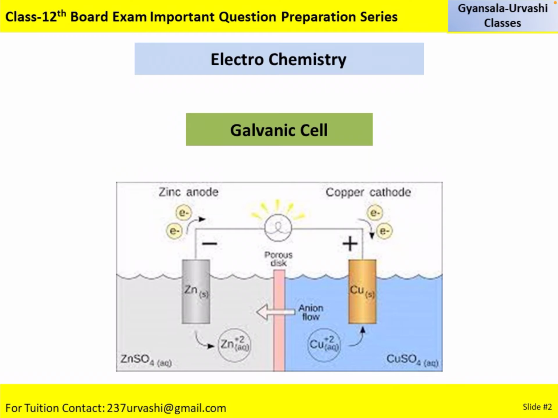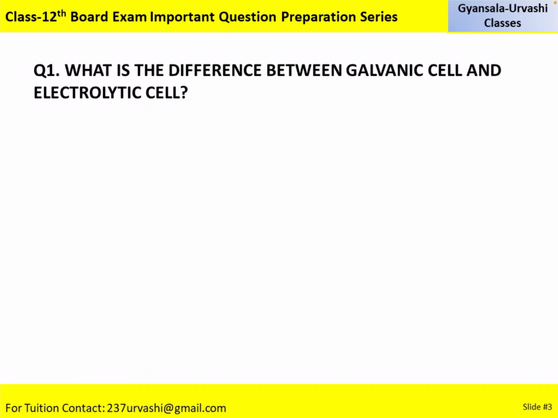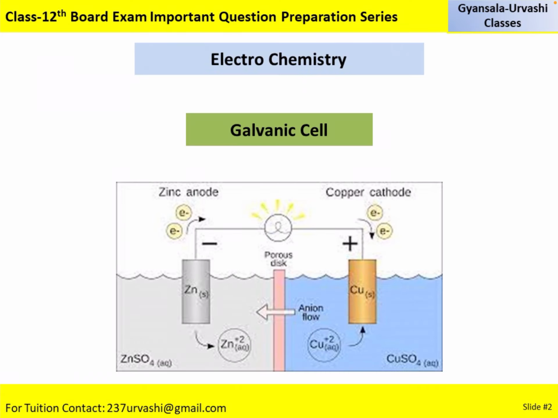So I have selected electrochemistry today, which, as you already know, is of much importance, and you do know that most of the examination questions come from this exercise, and it has different bits and parts of different topics. I will be discussing a subtopic in electrochemistry today, which is the galvanic cell. This is only part 1, so this is not all the questions which will come in the galvanic cell series. There will be 3 or 4 parts, which I will be posting on alternate days, containing important questions related to the galvanic cell.